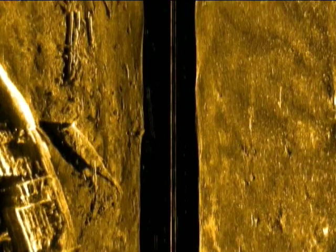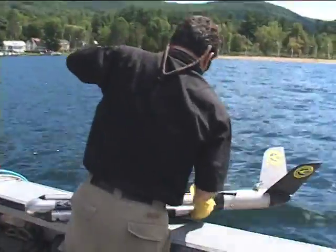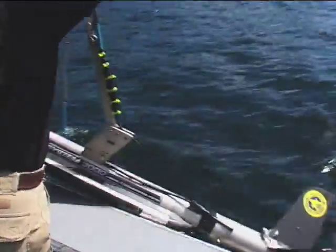The fact is, side-scan sonar is a tool, and as an engineer, I believe strongly that to do any kind of engineering, you need to use all the tools at your disposal. And a good engineer will figure out the tools of the current state of the art and will use what is needed to get the job done. But in many cases, the side scan has gotten the job done and still does, and I feel very good